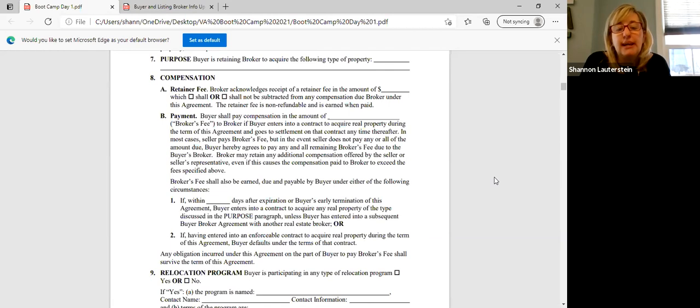As an example, if you were to put 2% of the sale price in this line and the seller side is offering 3%, we are covered. Okay. If you were to put 3% here of the sale price and the seller side is only offering 2%,